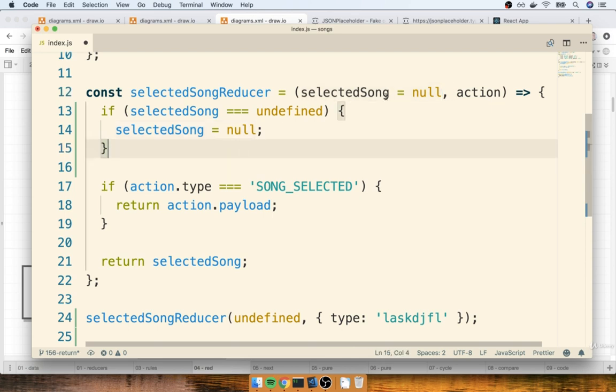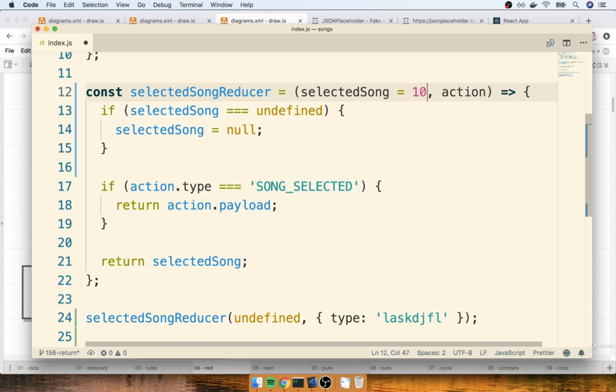Remember, all the equals null right there does is check to see if selected song is equal to undefined. If it is, it's going to update the value of that argument to be null instead. We are not always going to default an argument like this to be equal to null. In many cases, we will instead default it to be an empty array, or an empty string, or some number like the number 10.